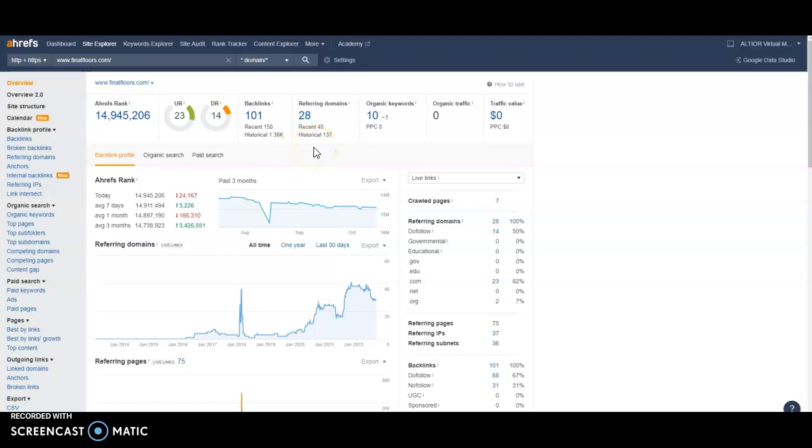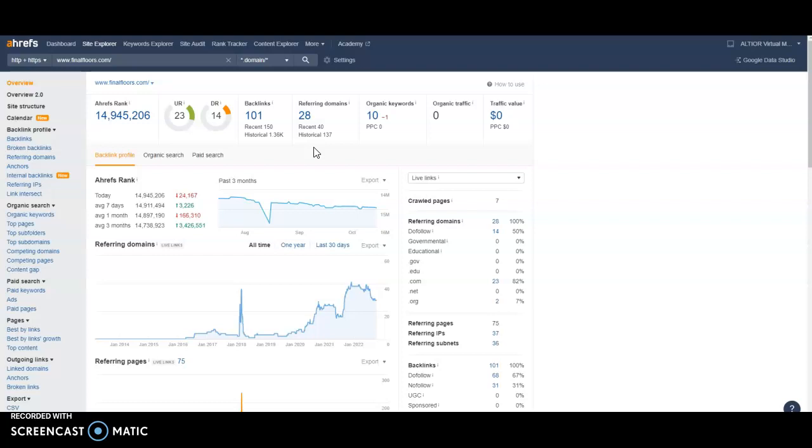Alright, so we've gone over content and backlinks. Third thing I want to go over are citations. So a citation is anywhere your business name, number, and address are shown exactly as per your Google Business profile. And citations help you rank in the Map Pack, which I talked about a little bit ago, which is extremely important for local businesses since that can generate huge amounts of revenue to be found on the Map Pack.